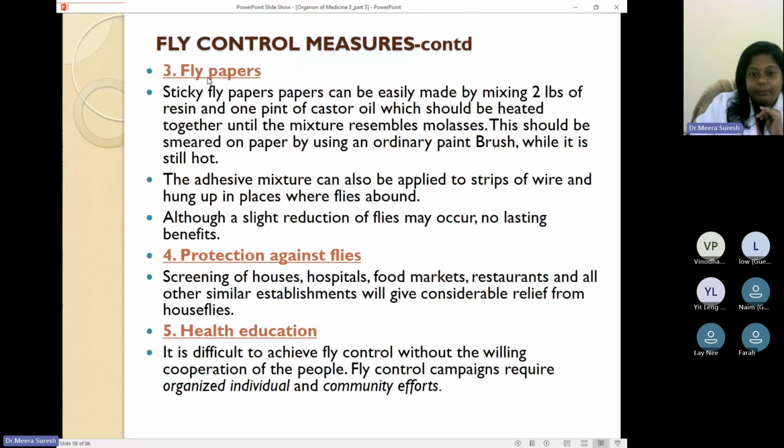Then another one is fly paper. Fly paper is another DIY that we can make on our own. So we make the sticky fly papers